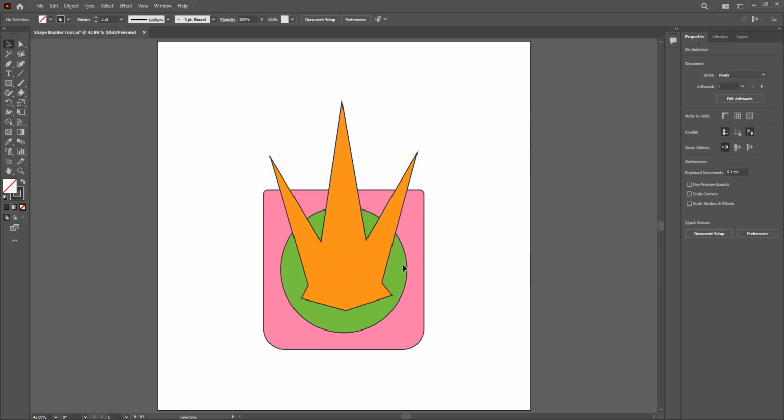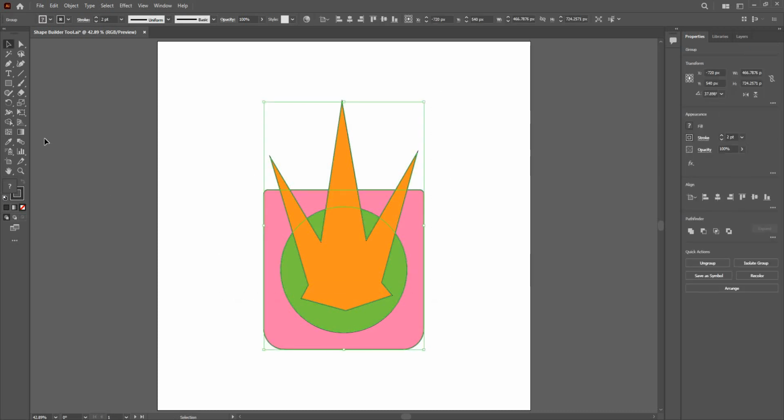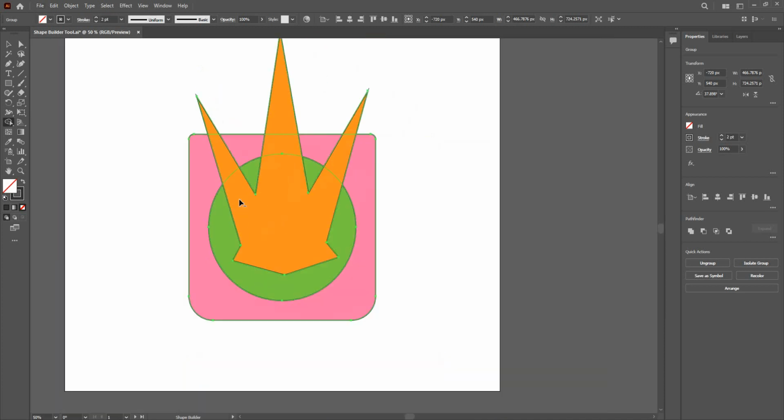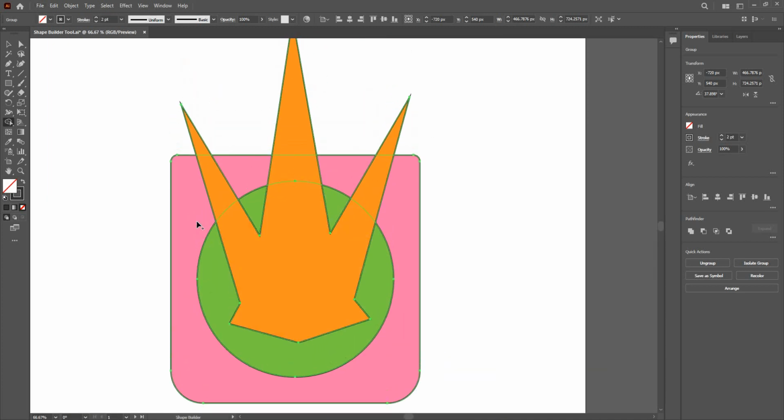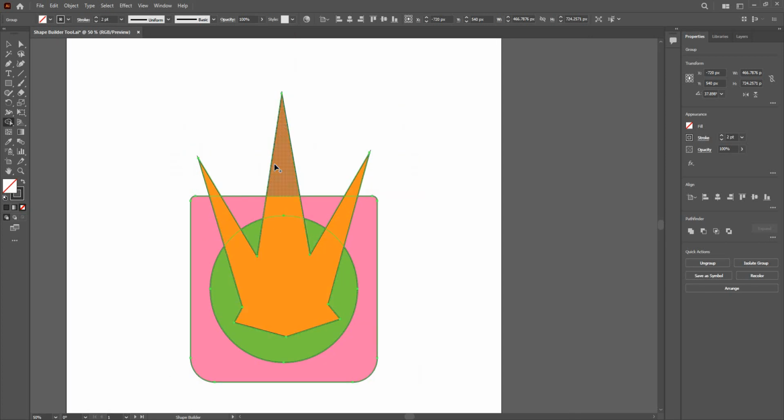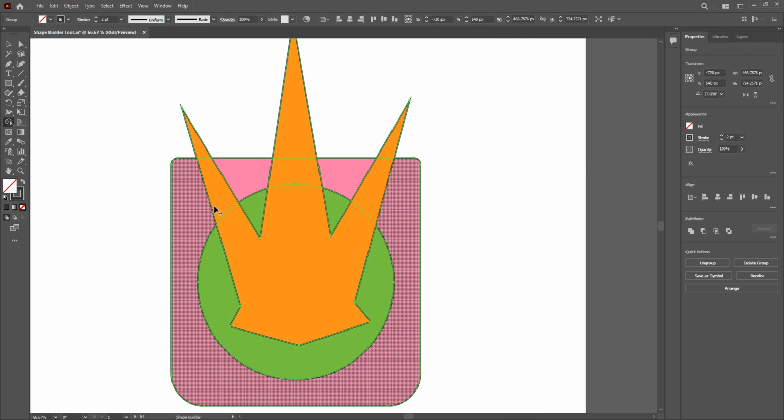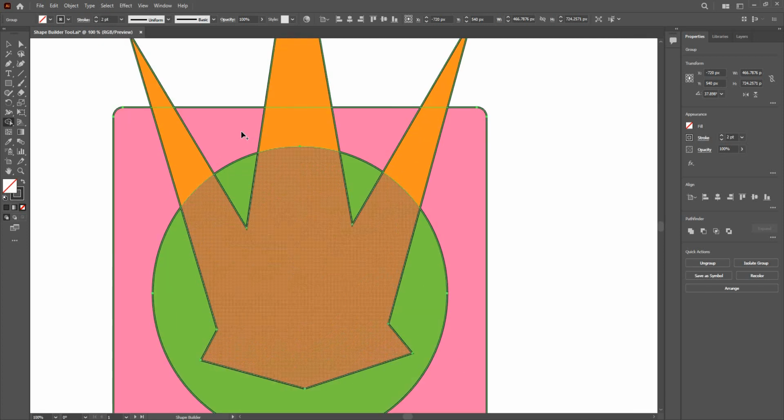select the shape first and then apply Shape Builder over the shape or an object. Make sure that the shapes are overlapping and multiple shapes. In this scenario, I have taken 3 shapes. That is one pink background, a green circle, and over that this is an orange ground. So notice if I go to each object, it comes highlighted. And it is showing a plus sign